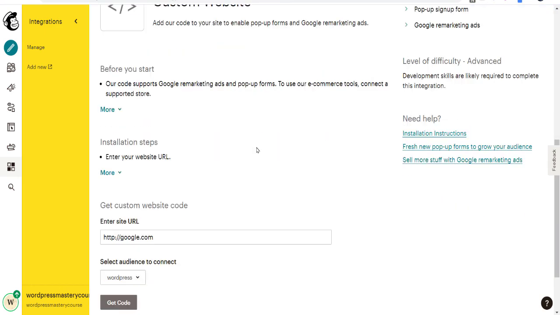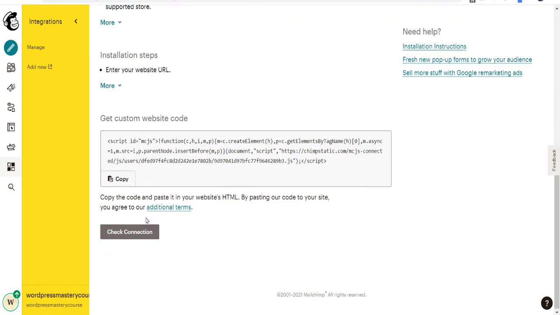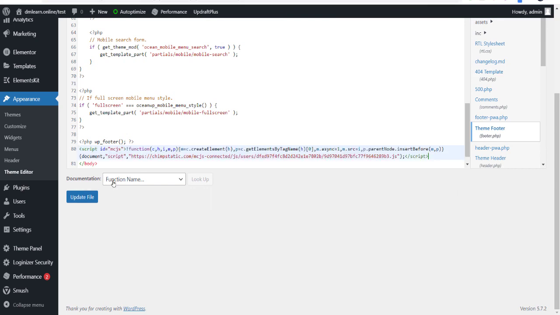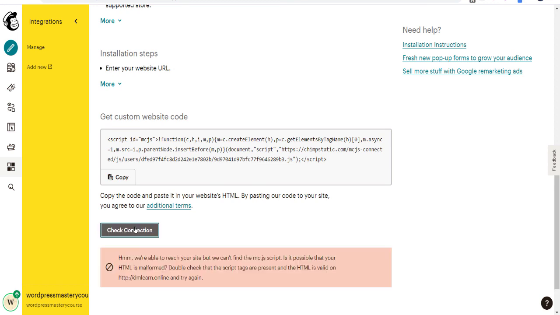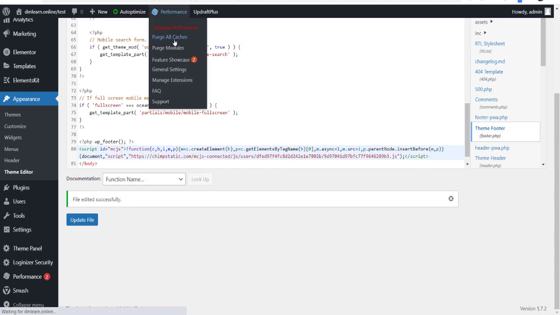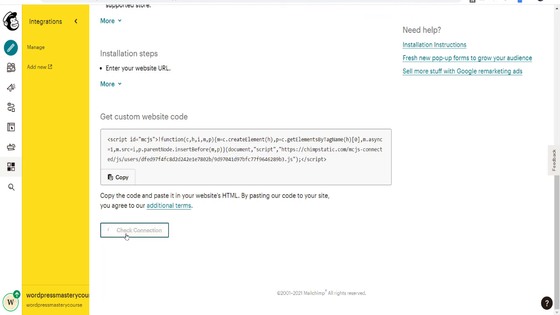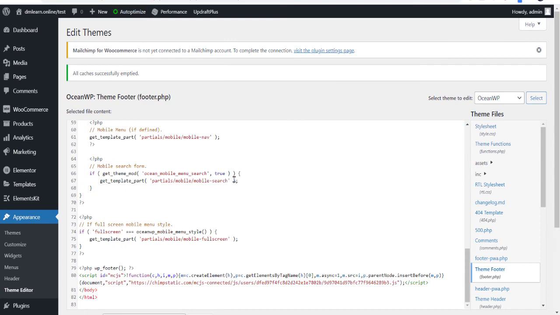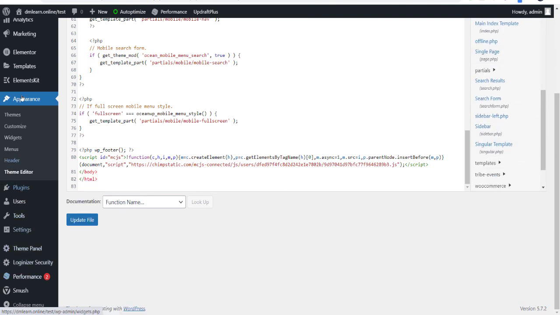Just go to this custom website and let's see, copy. We have entered it correctly. Don't know why it's not working.